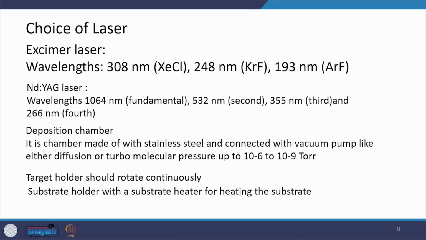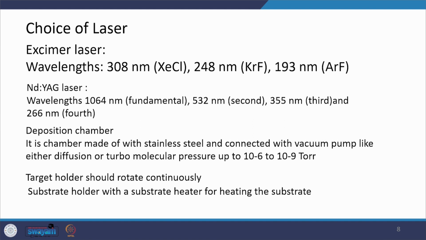Now, as I have told you, there are wavelengths available from excimer lasers. By changing the gases, excimer lasers are routinely used, and they are very useful because the wavelengths are available in the ultraviolet or UV range. By changing the gases you can have different wavelengths: if you use xenon chloride you can have 308 nanometer, or if you use KrF, krypton fluoride, you will have 248 nanometer,